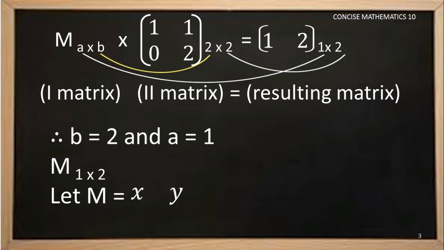Let me repeat this, children. This is one of the important types of question. In this question it is said that when two matrices are multiplied, the resulting matrix is given with the order of 1 by 2. The matrix M is unknown, so we begin our problem by considering the order of the matrix as A into B, and by comparing the order with the rule of multiplication here, we calculated A as 1 and B as 2. After calculating the order of the matrix M, we need to define the elements. So the elements are defined as X and Y. Now do the multiplication process, then equate the matrices.